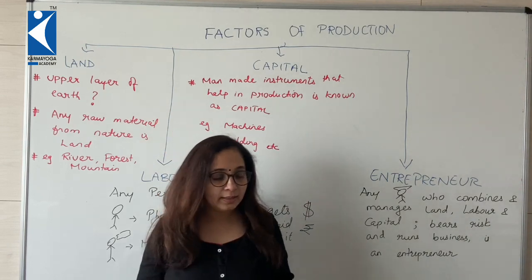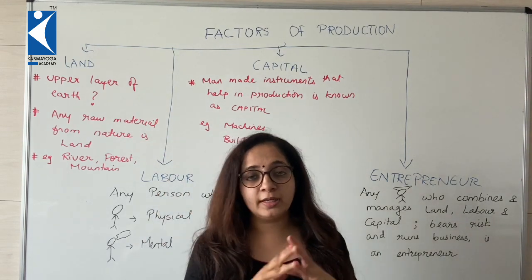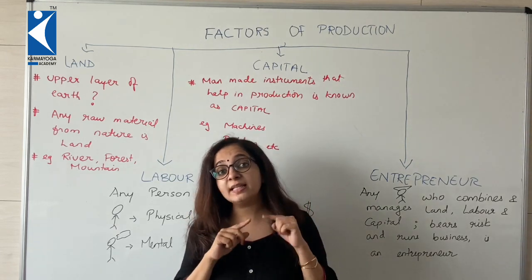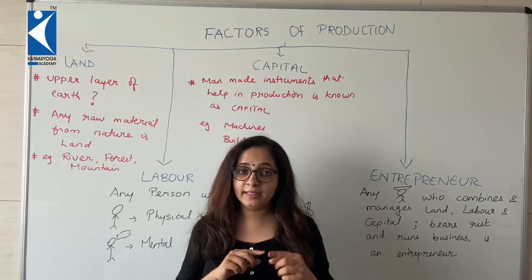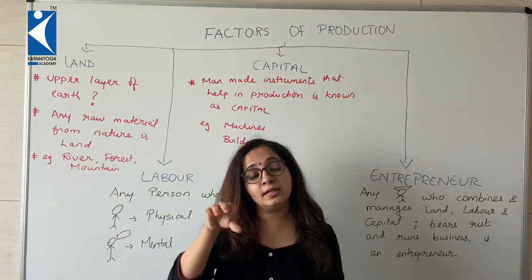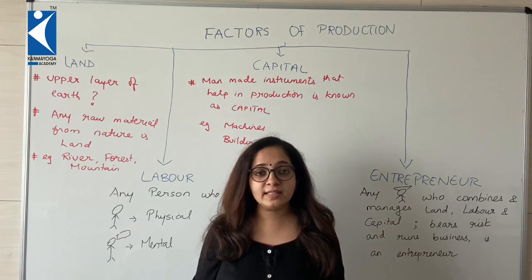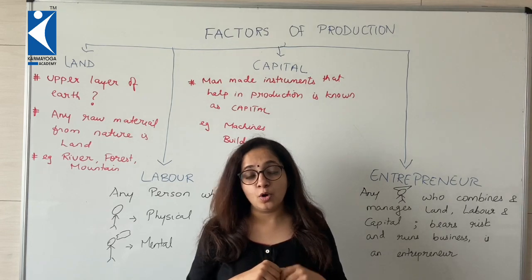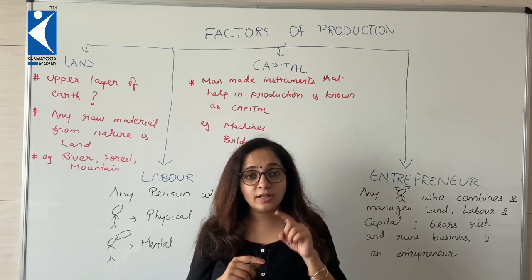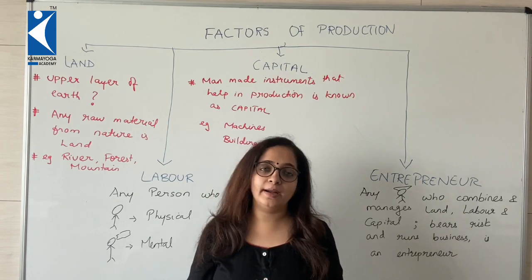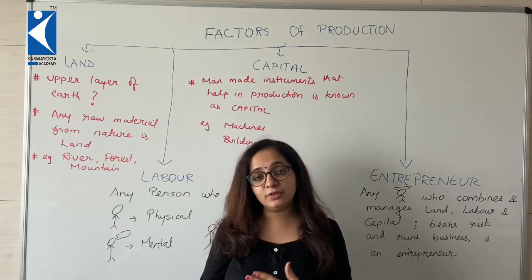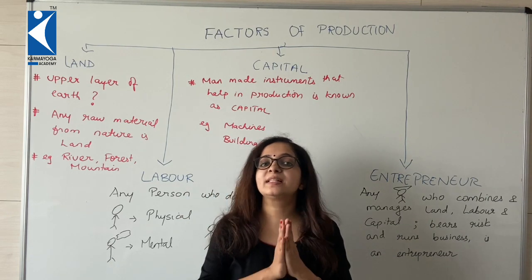Say for example, I buy a drinking water bottle, Bisleri. Water is a natural product, right? It is nature based. So for the Bisleri company, water itself is land. Say for example, I am buying a balloon, or maybe I am getting nitrogen air filled in my vehicle's tire. Then for that company, air is also land. In short, any natural thing that is helpful in production, in economics it is known as land.